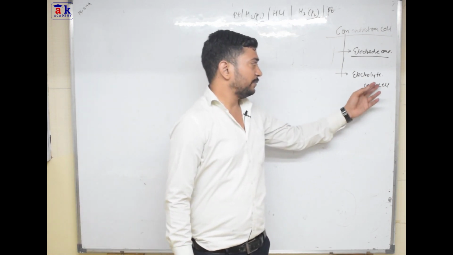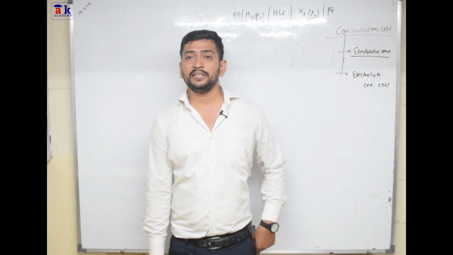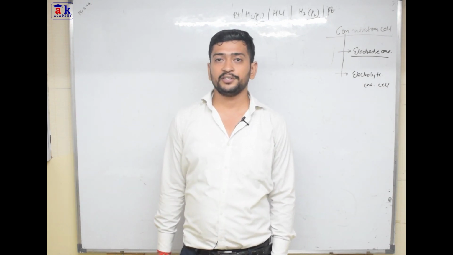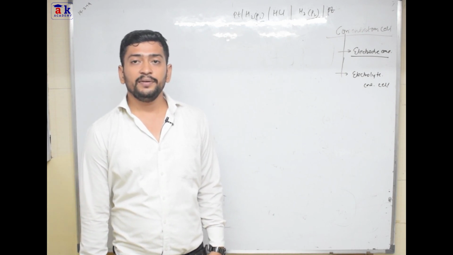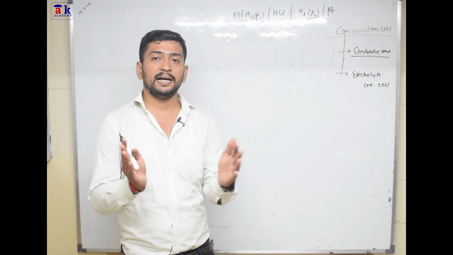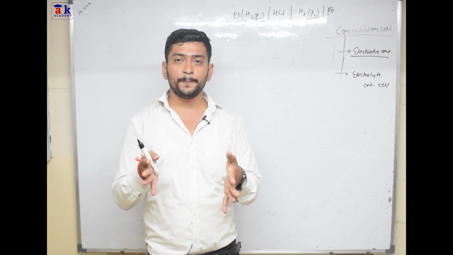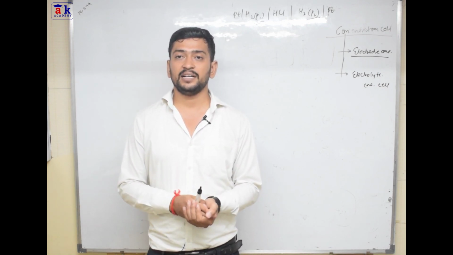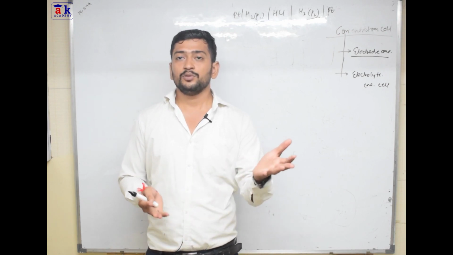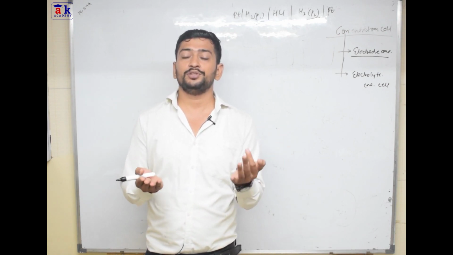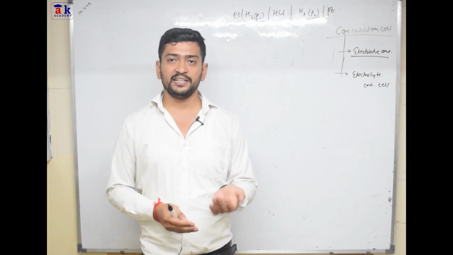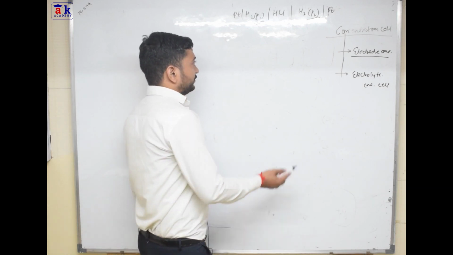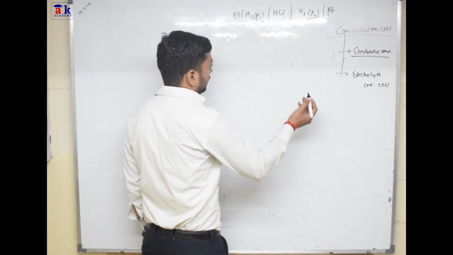In the next one we have the electrolyte concentration cell. So what happens in the electrolyte concentration cell? In this case we will have two different solutions of the same compound, whatever we consider. For example, let's say if we have HCl, we will have two HCl solutions of different concentrations, let's say A1 and A2. So that kind of cell will be called an electrolyte concentration cell.